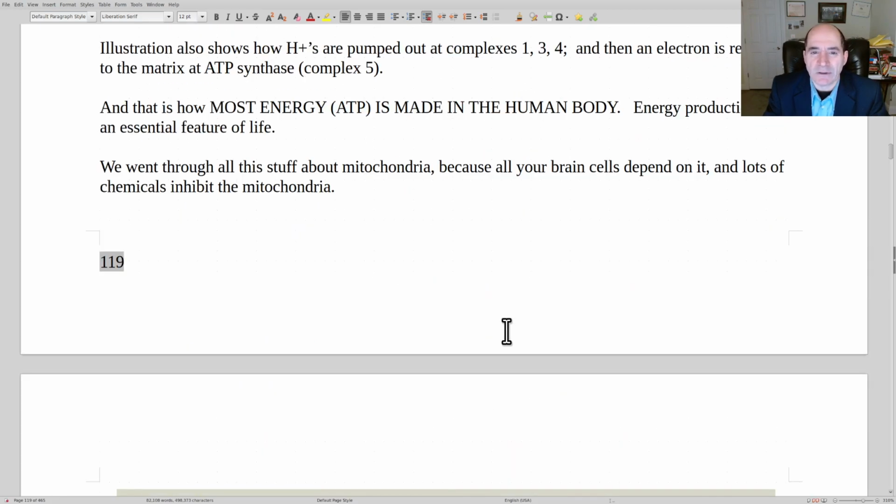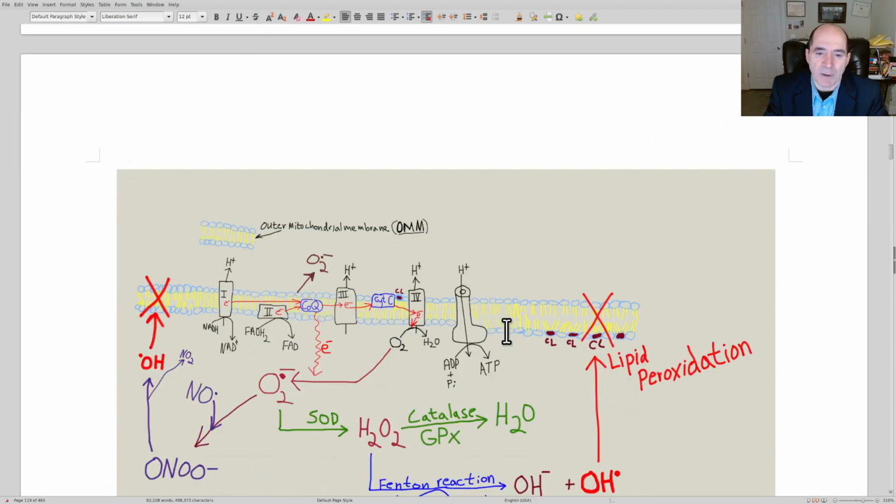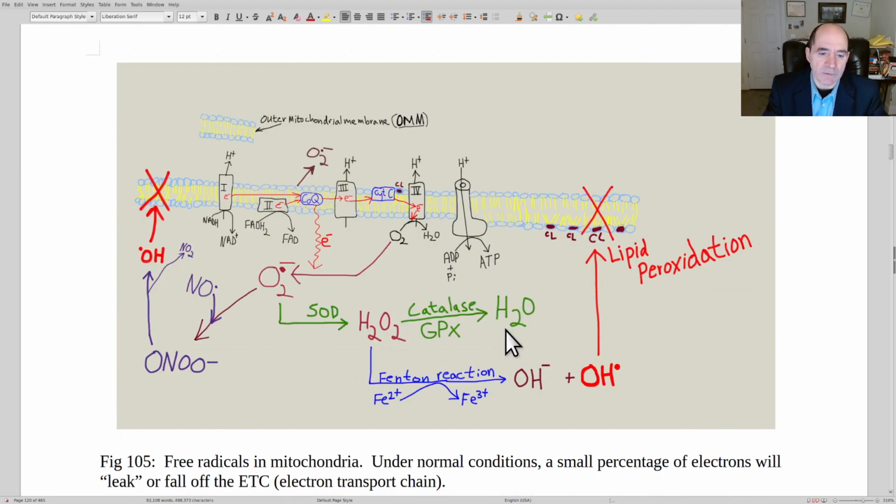You can only make like 2 ATP with glycolysis, but when you run the whole electron transport from 1 molecule of glucose, you can make around 32 to 36. Okay,